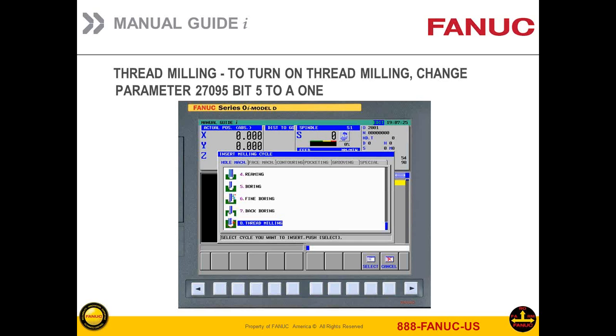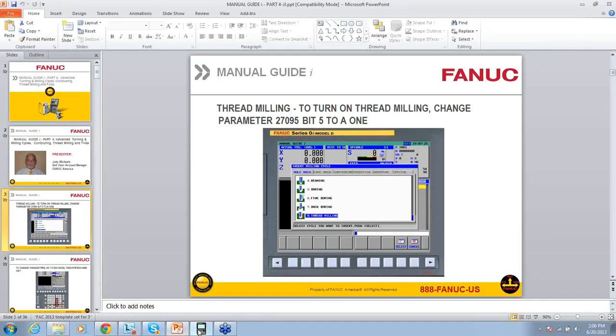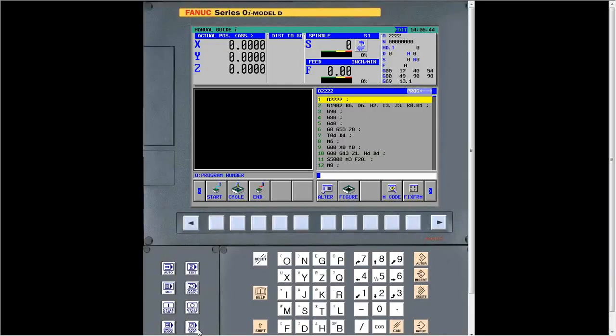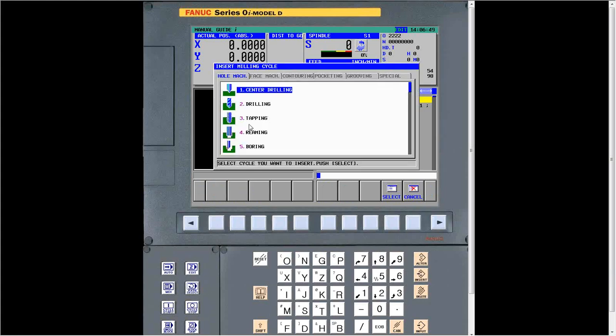It's typically in the hole machining cycles within Manual Guide I. But a lot of machines come in from the builders and it will not be turned on. So what you'll need to do is go into your parameters and actually turn it on. What we're going to do at this point is go into our NC guide, and I've got it set up right here so that if we look at our cycles, hole machining, usually you have center drilling, tapping, reaming, boring, fine boring. But you see there's no